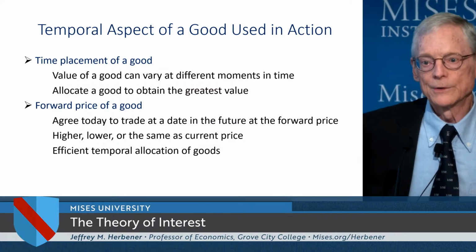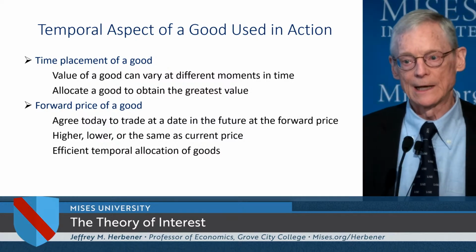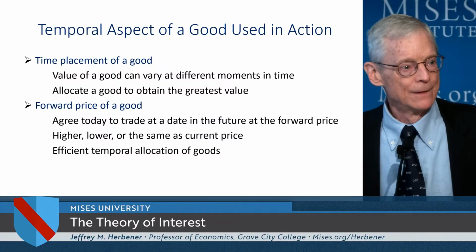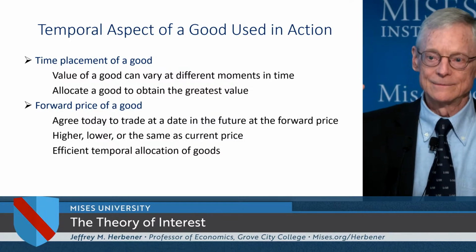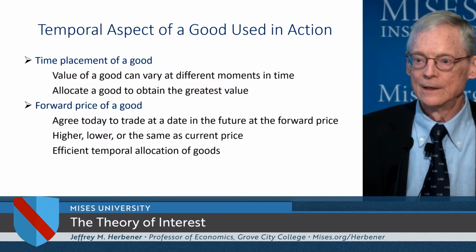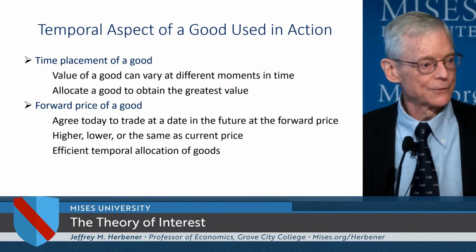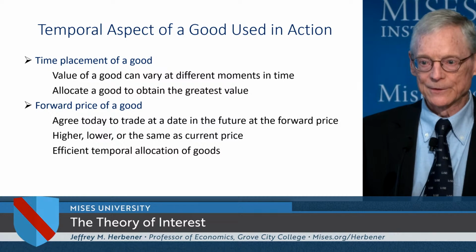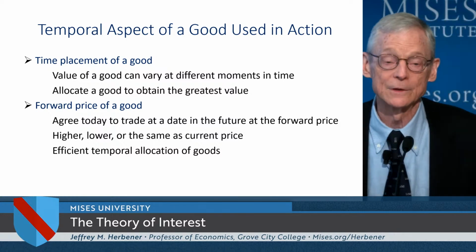And we already know what the implication of all this is. We get efficient temporal allocation of the good. So if forward prices for oil 6 months forward, let's say from today, are $100 a barrel, and the spot price today is $67 a barrel, well, then traders will take that into account in their economic calculation, the entrepreneurs involved in this industry, right?